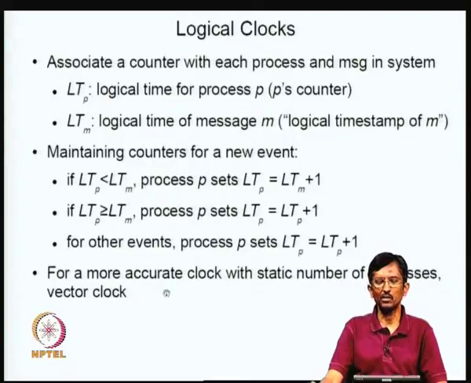If you are looking at something like causal models, these vector clocks are quite useful. That is why, for example, many implementations of causal ordering use vector clocks, because by definition in a group communication system you are going to be managing membership. Since you are managing membership, you know exactly how many processes there are for that epoch before the view changes. Therefore, you can assume that between failure events there has to be a fixed number of processes, and so you can use a more accurate clock, the vector clock. Okay. We will look at the vector clock.